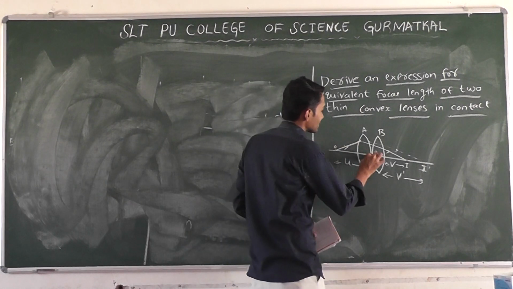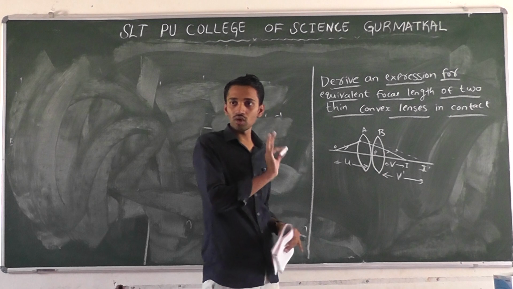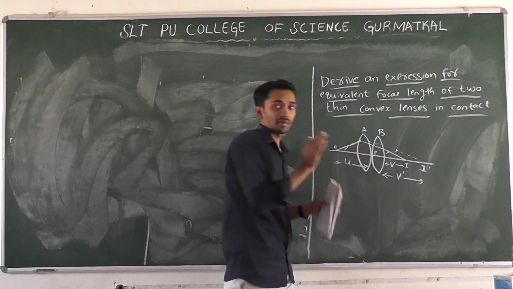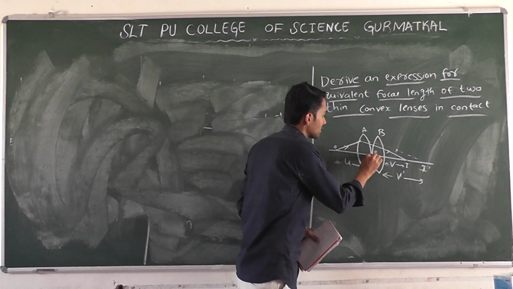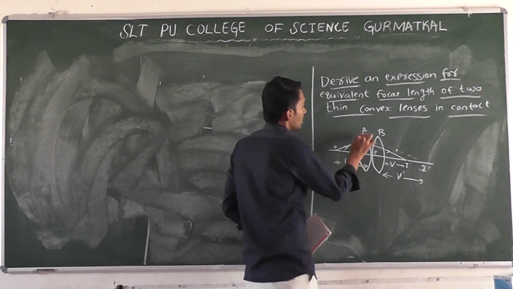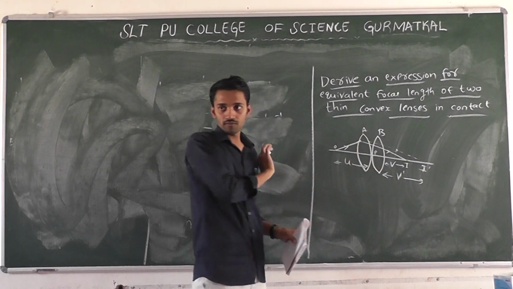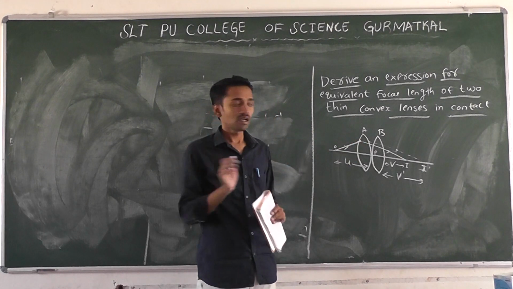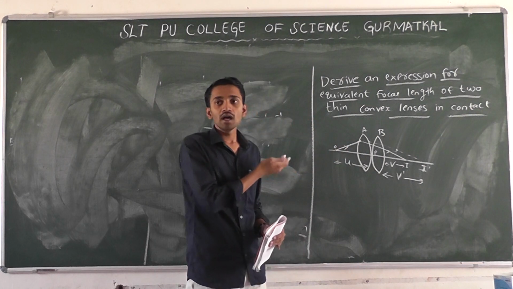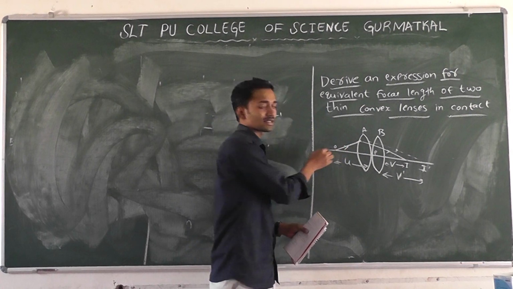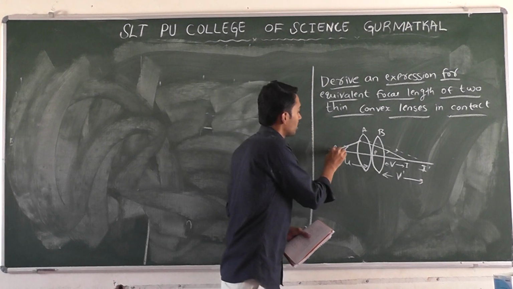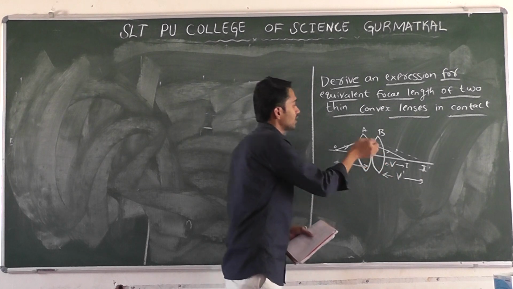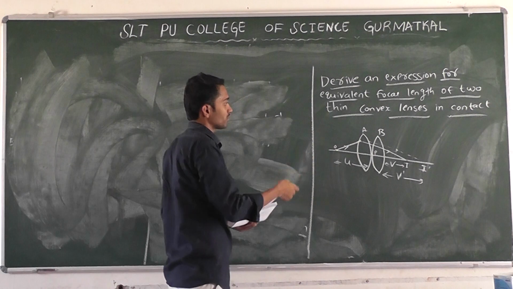So two lenses are there, lens A and lens B. These two lenses are in contact with each other at a point P. The lens A has focal length f1. The lens B has focal length f2. The luminous point O is placed on the principal axis. The luminous point O means light is coming from point O. It is placed on the principal axis, and U is the object distance. In the second case we have to take I dash and I.